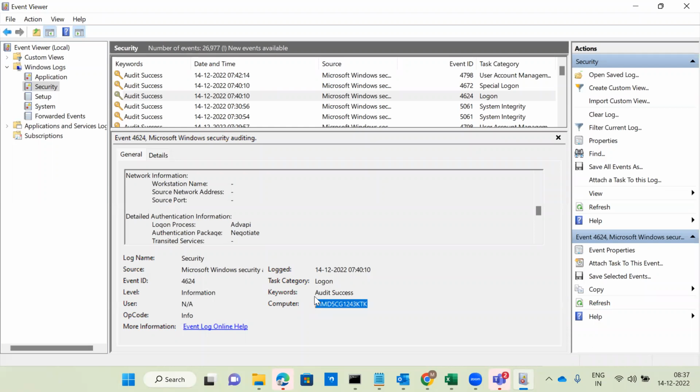But in case after this log reaches the SIEM tool, parsing is completely missed out or parsing is not happening properly and the IP address is also not reflecting, what will you do? We have to contact the vendor. Why is your SIEM tool not working the proper way? Why is parsing not happening? That is what I said.